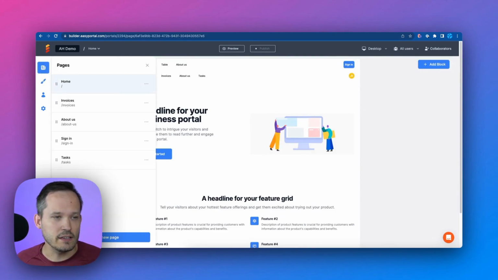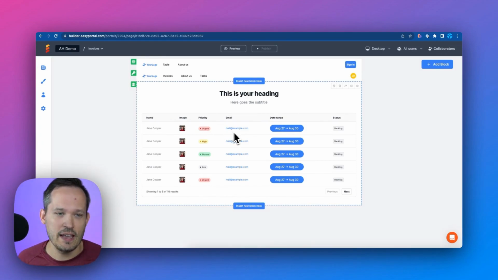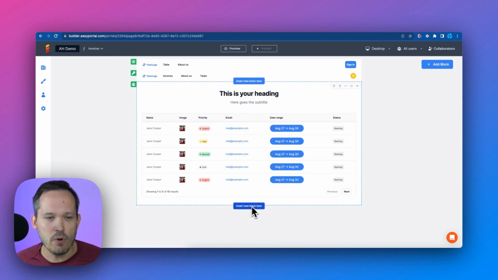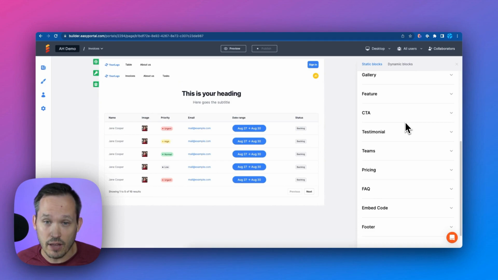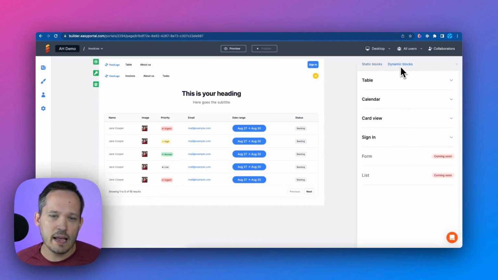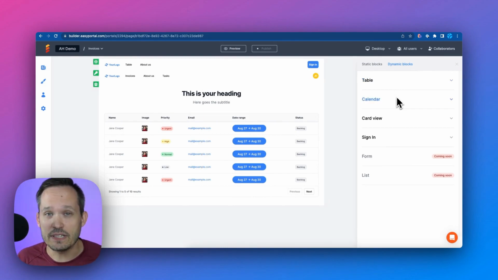Let's go ahead and click on our invoices page, and you'll notice that there's already a table block here for us because this page was called table before, but we could add multiple different blocks here. Just to give you a little bit of context, we saw that there are lots of different static blocks. The dynamic blocks are coming. We can see that we've got a table. They've worked hard on a calendar and a card view. So if you've been using EasyPortal in the past few months, there's been a lot of progress here, but I still think there's a ways to go in terms of some of the dynamic blocks